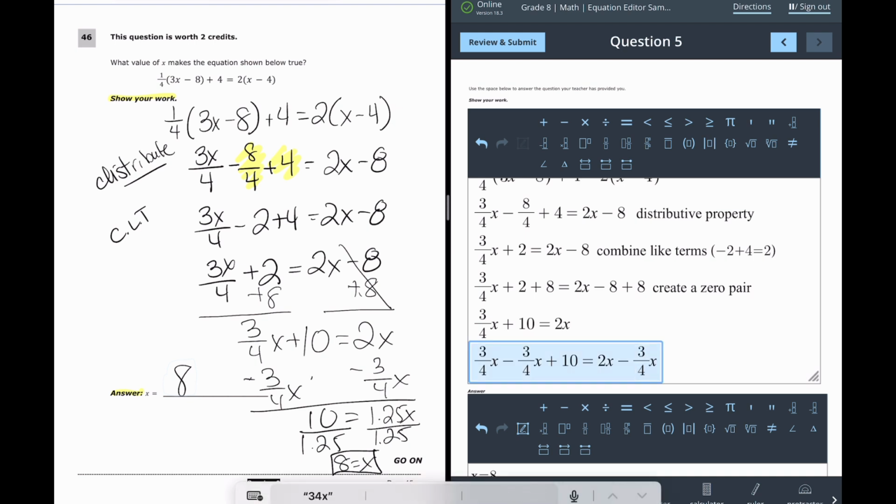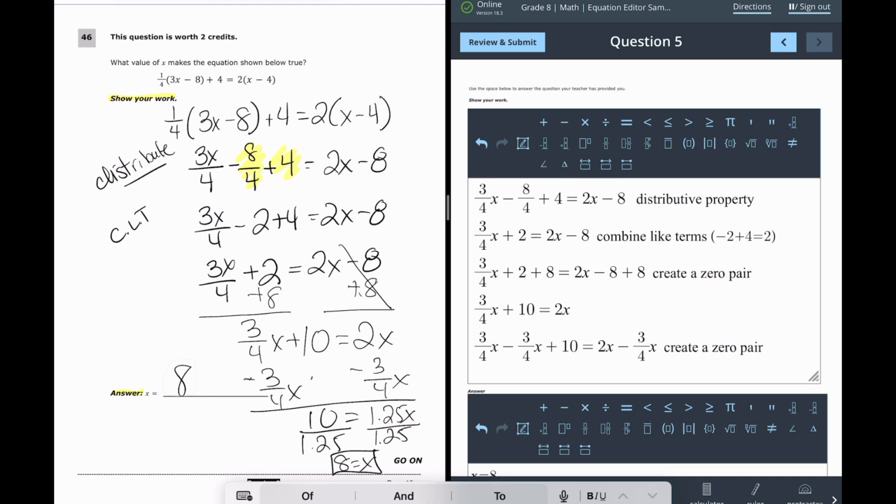If this is feeling like a lot, remember, you're just copying. You already did the work. This is just copying, so it's not really thinking work so much, it's just your copying. And a little bit of just changing the perspective. So again, I'm just going to create a zero pair. Alright, and that simplifies to, on this side I just have 10 is equal